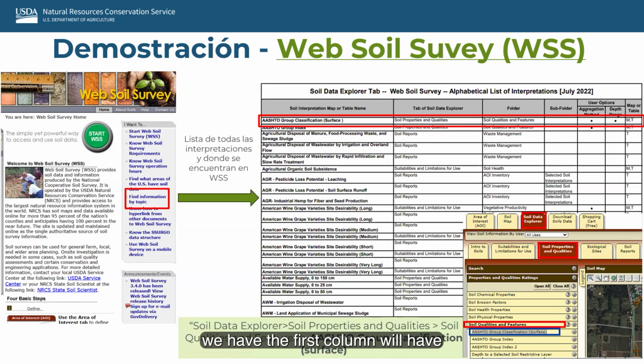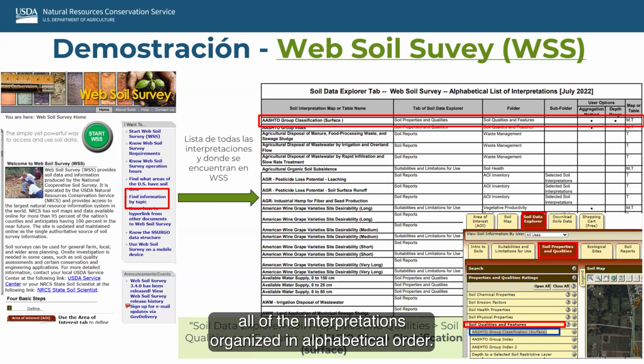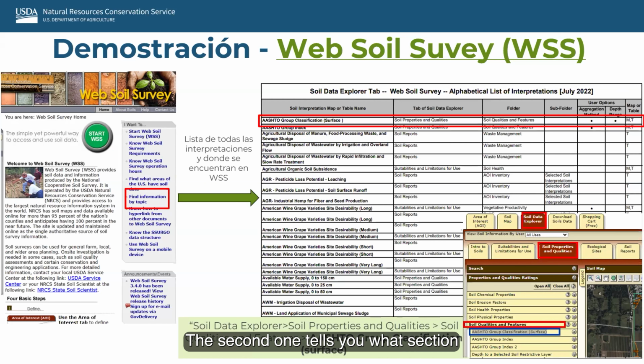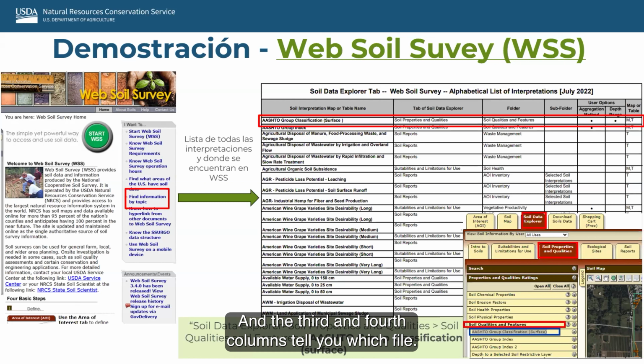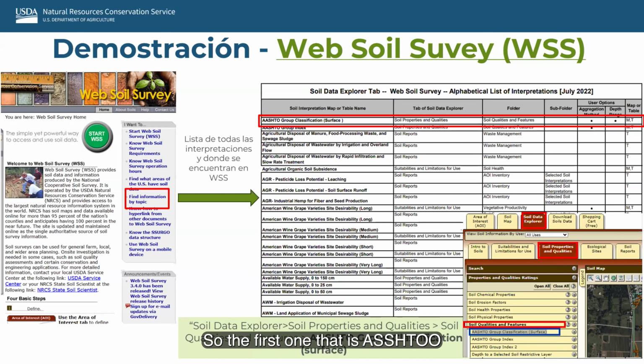We have the first column, with all of the interpretations organized in alphabetical order. The second one tells you what section within the Soil Data Explorer that interpretation is in. And the third and fourth columns tell you which file. So the first one is